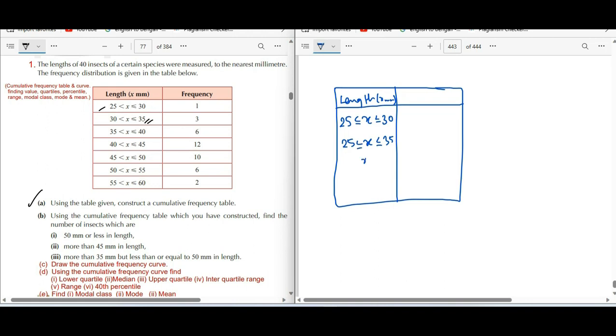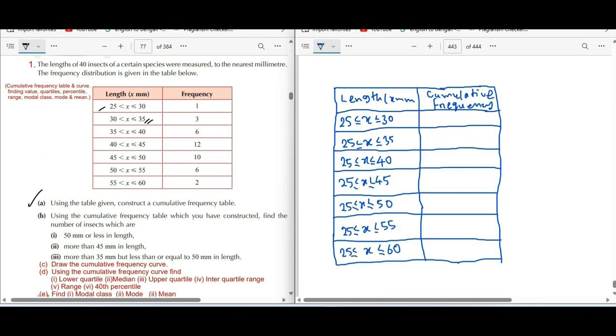and for the next value you need to write 40, and this will also go till 25. Like this we will cover this entire table, and after that we need to fill the cumulative frequency column. So from 25 to 30 there was 1 value, so the first frequency is 1, and from 25 to 35, this includes these 2 values, so this will be 1 plus 3, 4,